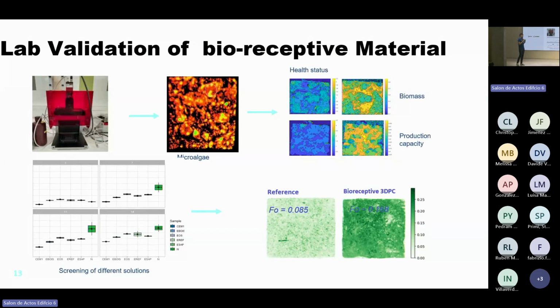On the development of bioreceptive material at lab scale, one of the innovations that we're proud of is to have developed this lab scale monitoring system, which allows us to monitor the biomass development on the surface of concrete samples. It's a non-invasive technique based on chlorophyll fluorescence, where we can calculate the biomass on the surface of a sample developed in